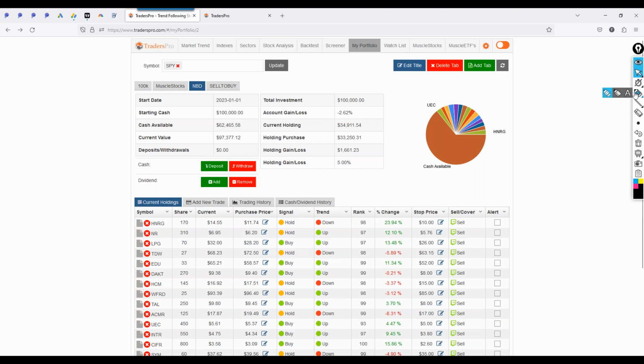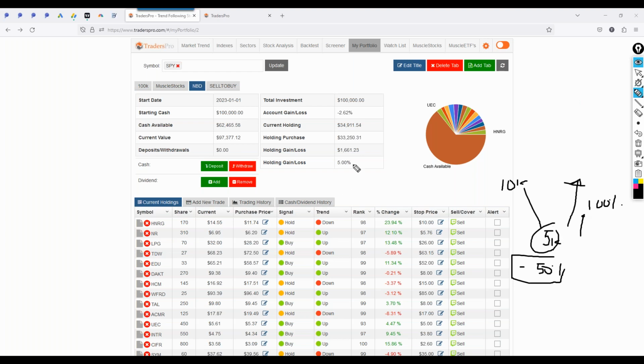If you're down, think about how the numbers work. If you have $10,000 and let's say it drops to $5,000, so you have a 50% loss, what percent return do you need to get back to whole? To get back to $10,000, I need a 100% return. So a 50% loss means I have to get a 100% return just to make it back. That's hard to do, and that takes time. So we have to absolutely make sure that our risk management game is the most important part of